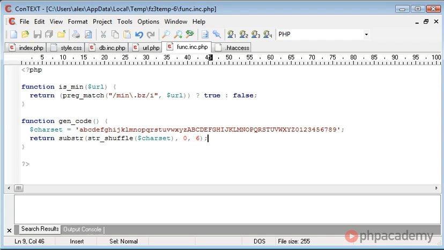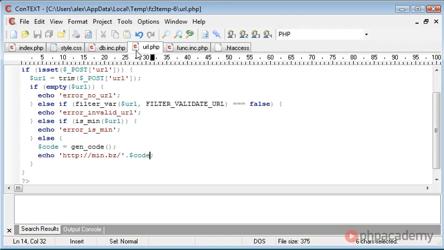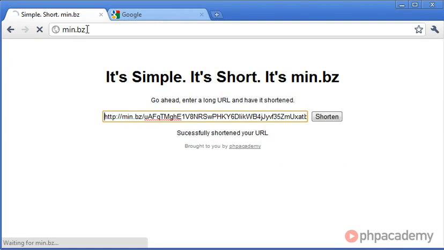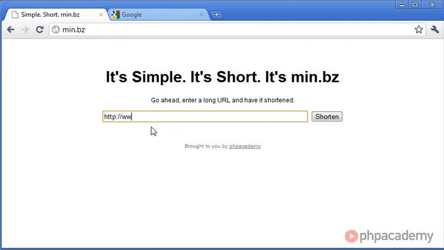So we're starting from 0 and we're counting to 6. Okay, so we're starting here and saying 1, 2, 3, 4, 5, 6, but obviously because this is shuffled, it's going to generate a 6-character shuffled string. Okay, so hopefully that makes sense. And obviously we're returning it, so we can then assign it to this code variable, which we then put at the end of here. So let's go and refresh, press yes, back to min.bz, http://google.co.uk,